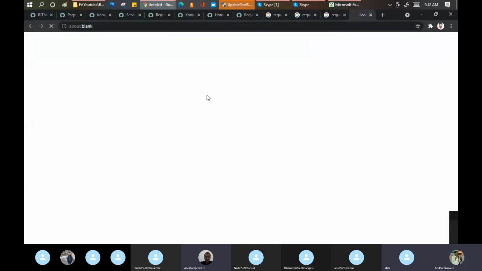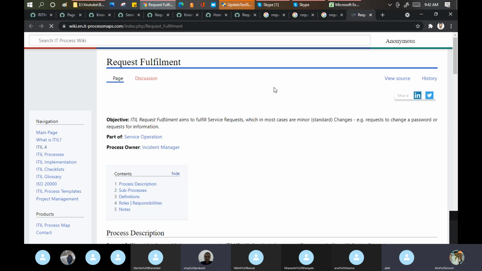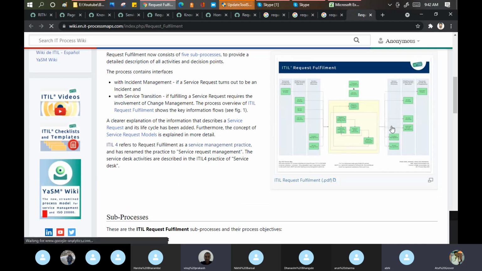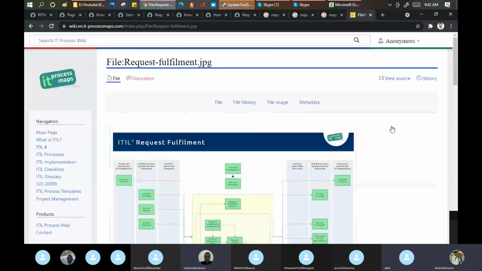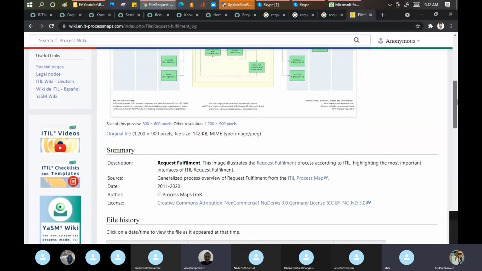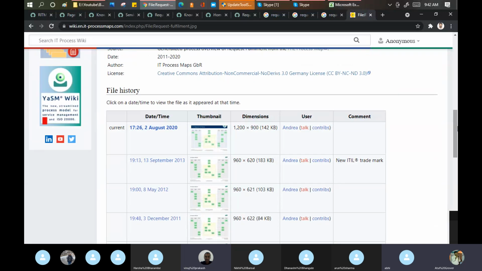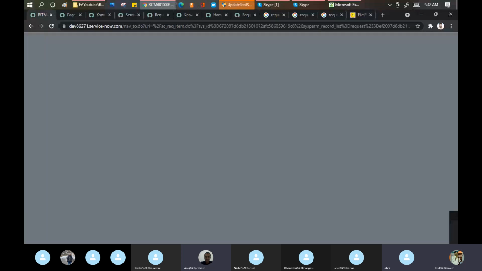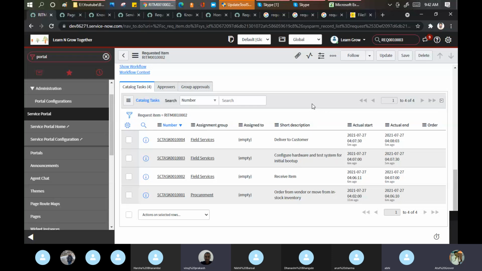Read about request management. On the wiki, you will find the request management high level process, how this works. This one. Then you will get a little more idea now. Okay, read about this, and tomorrow again we will discuss in depth, and we will create our own RITM on the catalog item, and we will configure everything in place. Okay, but I'm sure that you will get a little idea now of how these things actually work in the self-service portal. Clear, everyone?